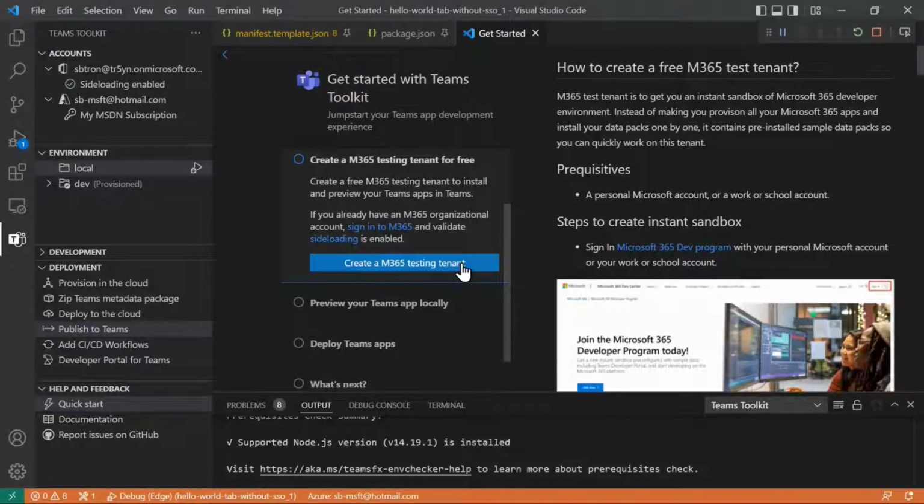This is what I think Vesa alluded to earlier, which is you actually get this free developer tenant, Instant Dev Sandbox, where you can start sideloading your apps as you're developing them. From the Teams Toolkit, you can actually just click on that link and go spin up and sign up for this. Or if you already have an organization tenant, you can sign into that. And the only additional thing you have to do is make sure that sideloading is enabled on that tenant, because sideloading is the thing that allows you to deploy that test app on your tenant,